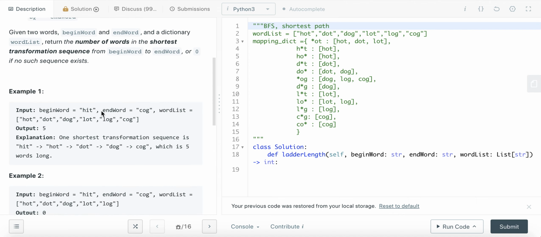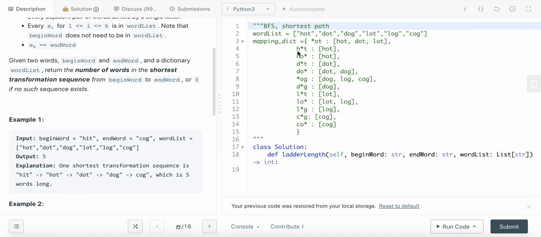So here, let's take a look at example 1, where we are given a word list: HOT, DOT, DOG, LOT, LOG, COG. From there, we construct a mapping dictionary to help us determine the next words given the current word. So how do we construct this mapping dictionary? Basically, we examine every word in this word list. The first word in this word list is HOT. So we are trying to